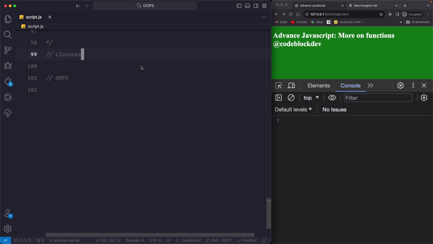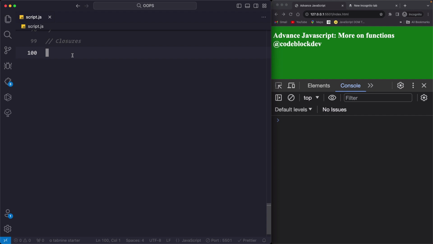And when you understand all of that, then understanding closure will relatively be easier for you, because by that time you will already have a thorough understanding of all these terms that are related to closures. Okay, so enough talk, let's see what closures are. Since we are going to talk about OOP next, that's why I have written this comment. For now it doesn't make sense, so let me just get rid of this.